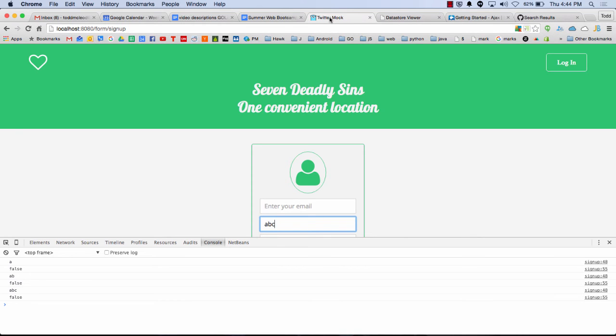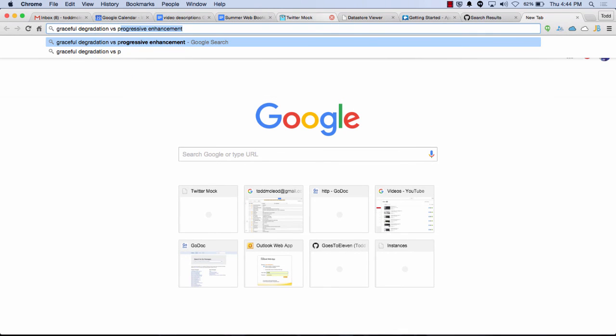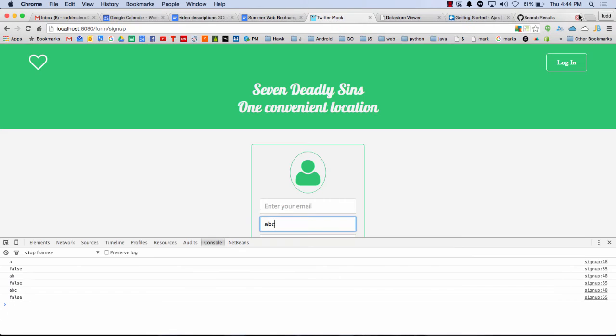Progressive enhancement means you start at the very bottom and build up complexity, but even if you're at the very bottom, it runs. Even if only HTML is showing, it runs. And graceful degradation means, here's the whole stack. As we start ripping things away, is it still running? I think there are slight differences and nuances between those terms, but that's what they mean to me.